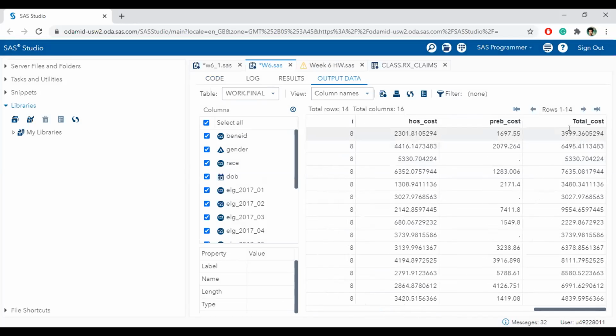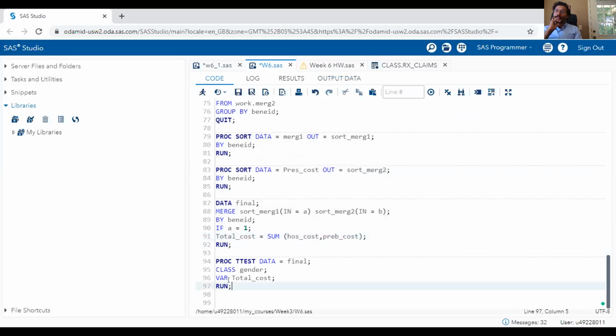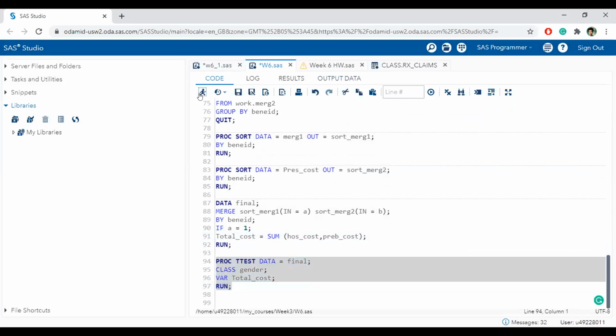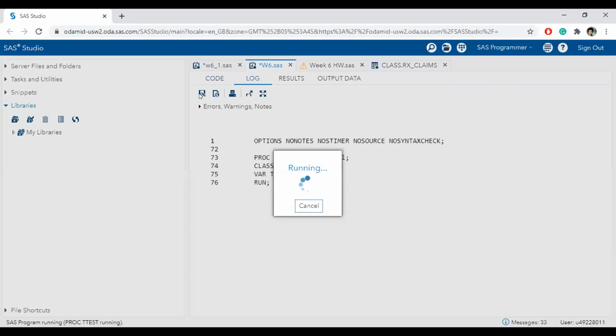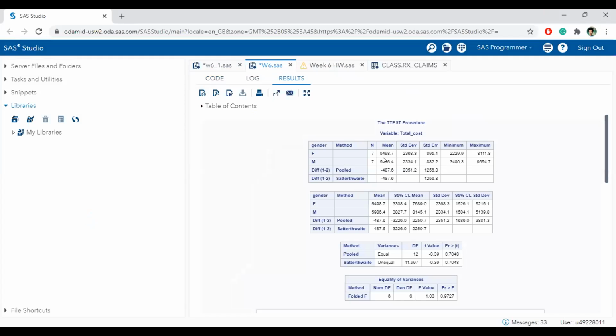And I also summed the hospitalization cost and prescription cost. For that, I used this one. And the last step was to perform the t-test, and the mean came up like this. Okay, that's very interesting.